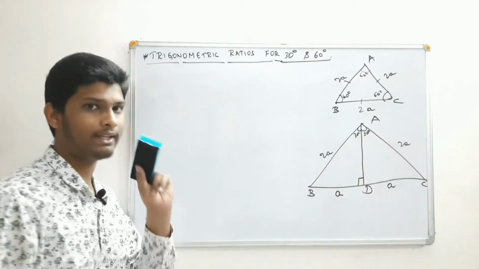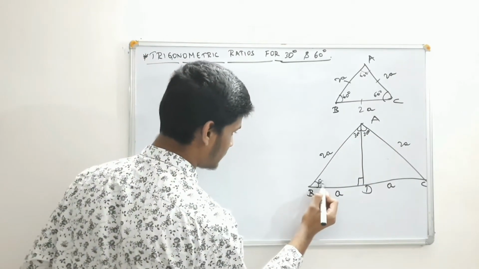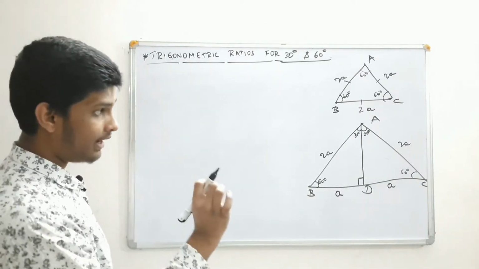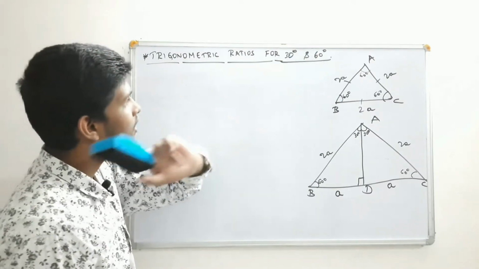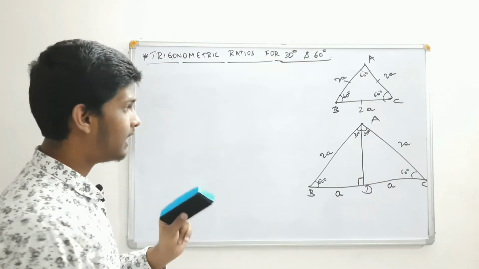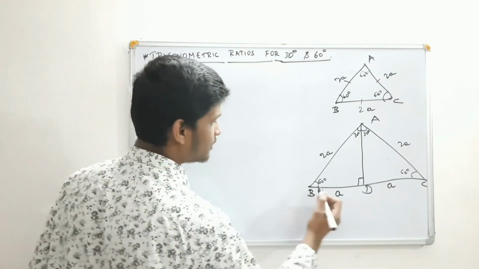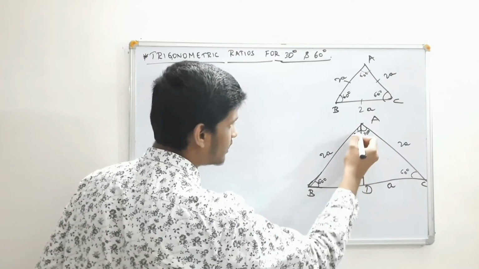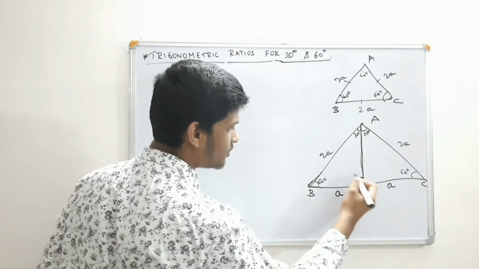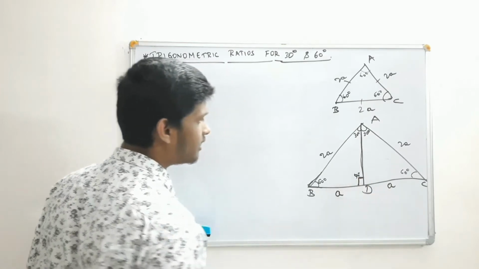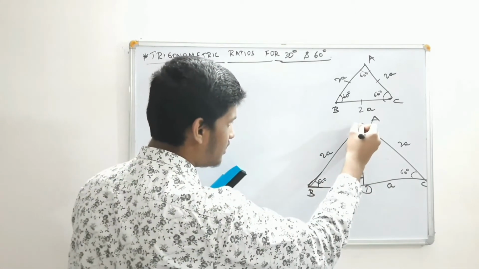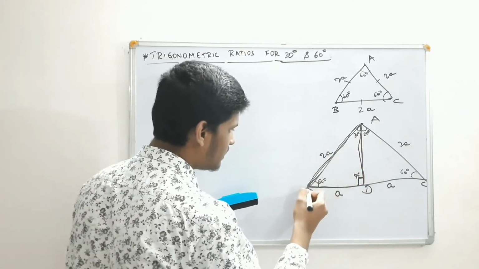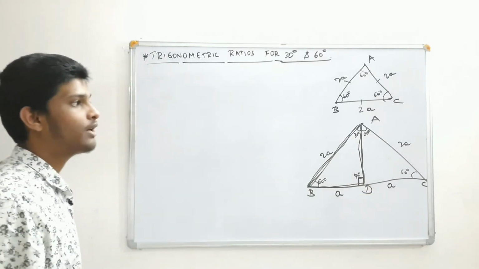It's also an angle bisector. So here 60 degree, here also 60 degree. And now we should find trigonometric ratio values for 30 degree and 60 degree. Understand? Observe. So here we have 60 degree and here we have 30 degree, and this is perpendicular, that means we'll get here 90 degree, right? And if you just observe this triangle, you can see at this side, this is a right angle triangle, and with respect to this triangle, we are finding ratios now.